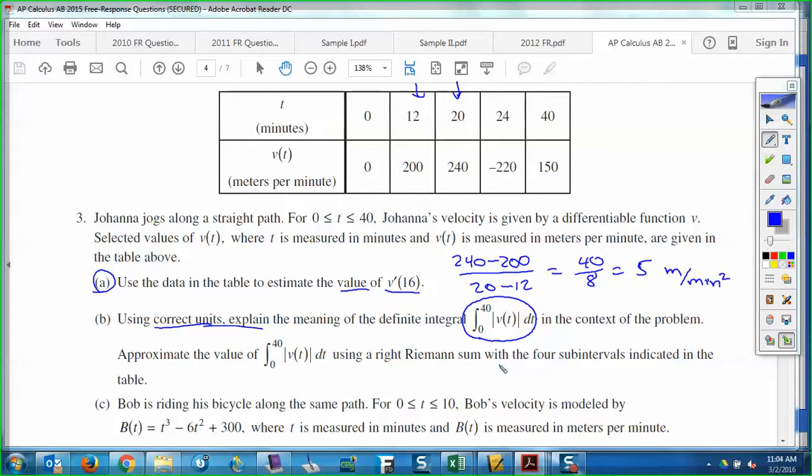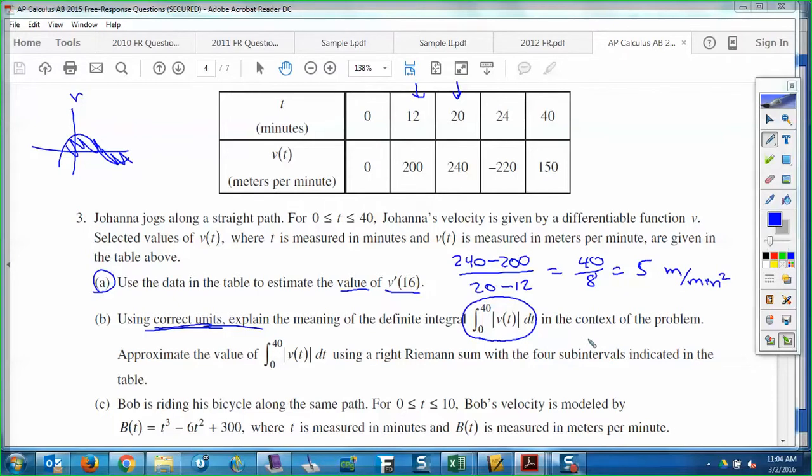So if you think about a regular velocity graph, it could go up above the x-axis, and it could go below, and these areas here would cancel each other out. That's net distance traveled. But if you take all the negatives and put them up positive, now you're just all positive areas, so now you're total distance traveled. So what they would want you to say is this, a good answer for part B would be to